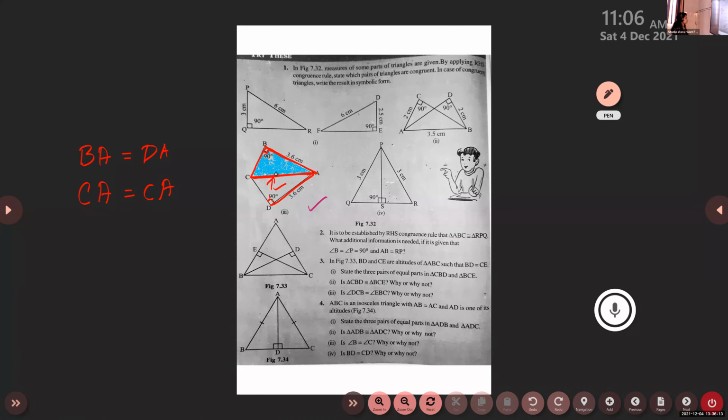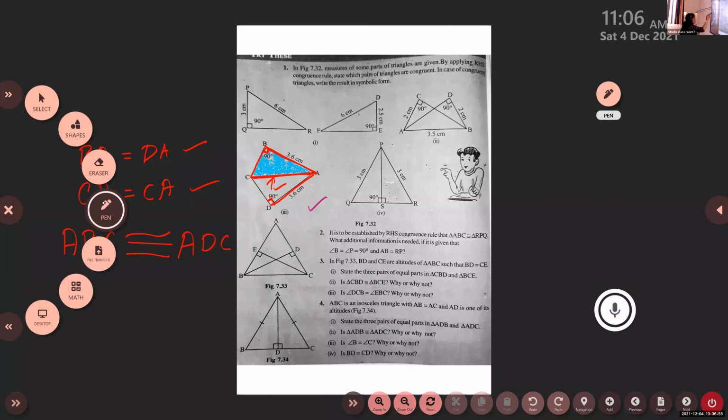Michelle, which are the two triangles congruent? Now we got two equal parts, isn't it? Michelle. Tell me two congruent triangles there. In the symbolic form, you have to write the triangle. Which triangle is congruent to which triangle? ABC. ABC, we will write that. ABC is congruent to? You can take this, children, as middle angle because 90-90. ADC, we will write. Then you can check. Okay, so we can check.